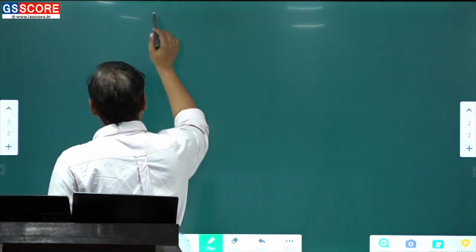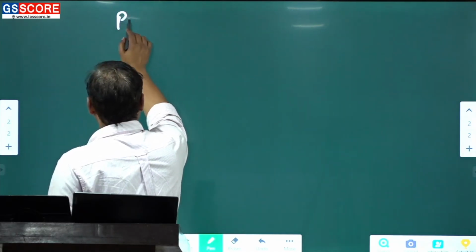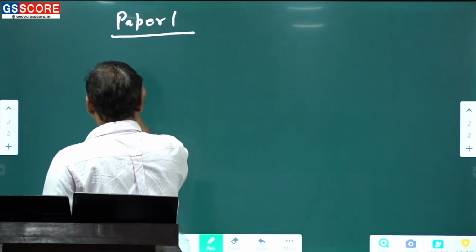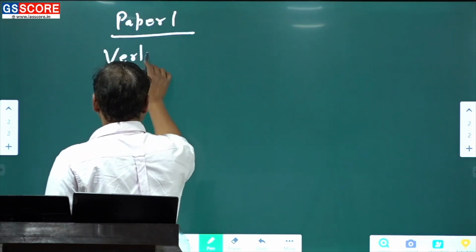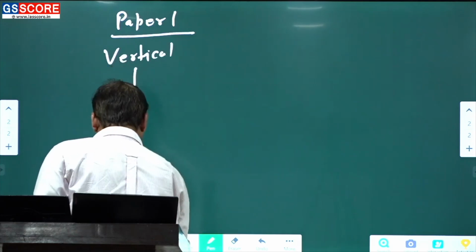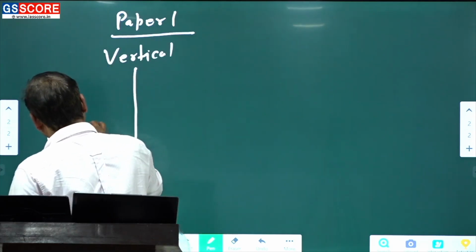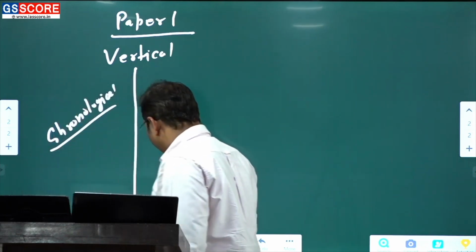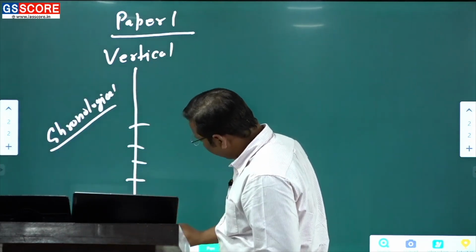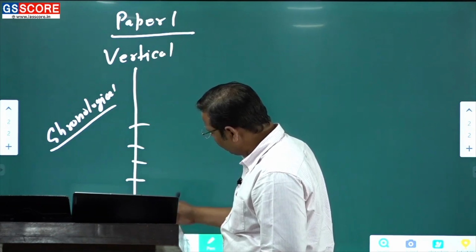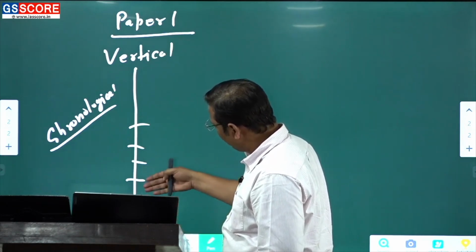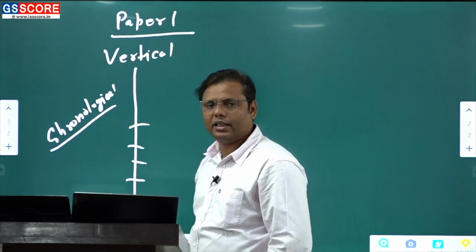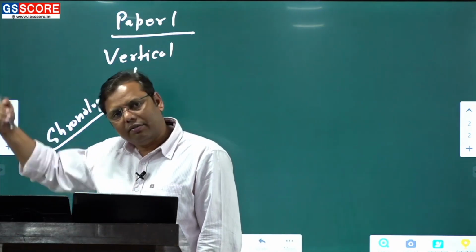Now the second thing to keep in mind, specifically a suggestion for the whole paper two, is that when you cover paper one, it is different in nature. In paper one, I basically used to say that the vertical study is being done. Here the chronological study is being done by you. So you study period wise: the IVC period, Vedic period, Mahajanpada period, Mauryan, post-Mauryan, Gupta, post-Gupta, early medieval, and so on. So you study the things period wise, and that's how it is a vertical study.